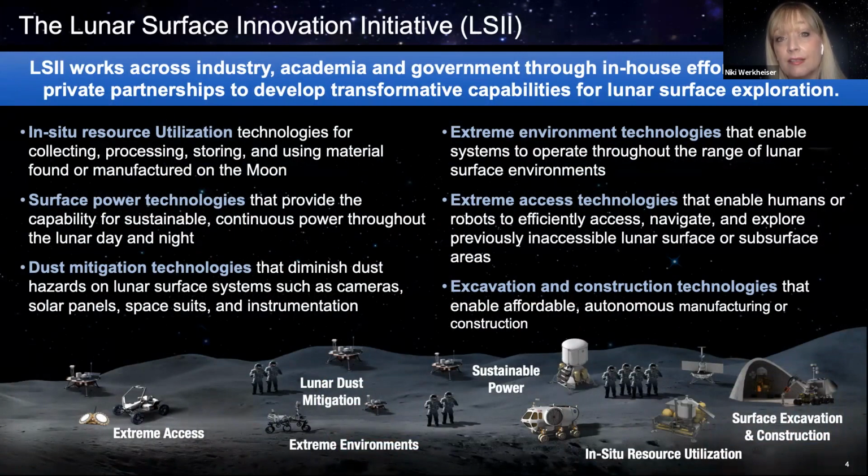It spans across the space tech programs and those TRLs that we talked about, with a high percentage falling in that mid-TRL range currently. So LSII was created to really spur the development of those technologies needed for sustainable operations on the moon. Here you can see the 6 technology areas for LSII that we work to develop across industry, academia, nonprofits, and